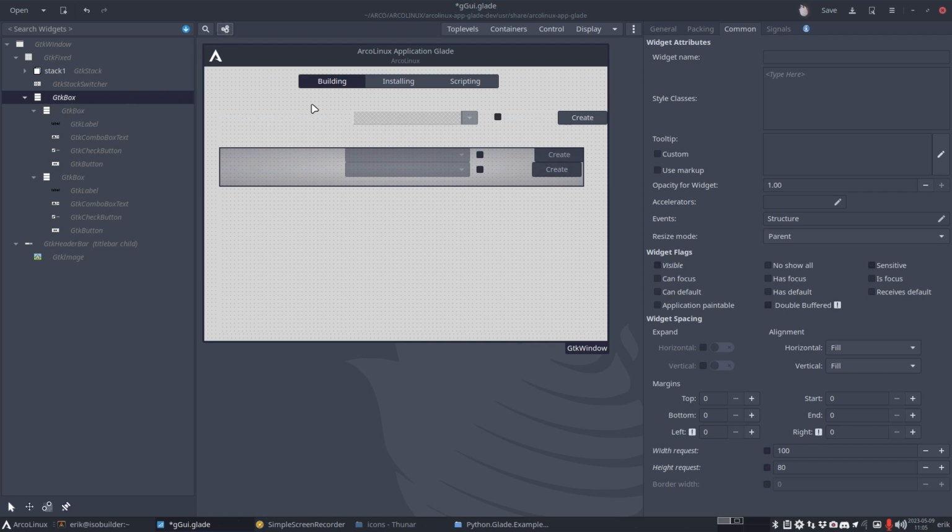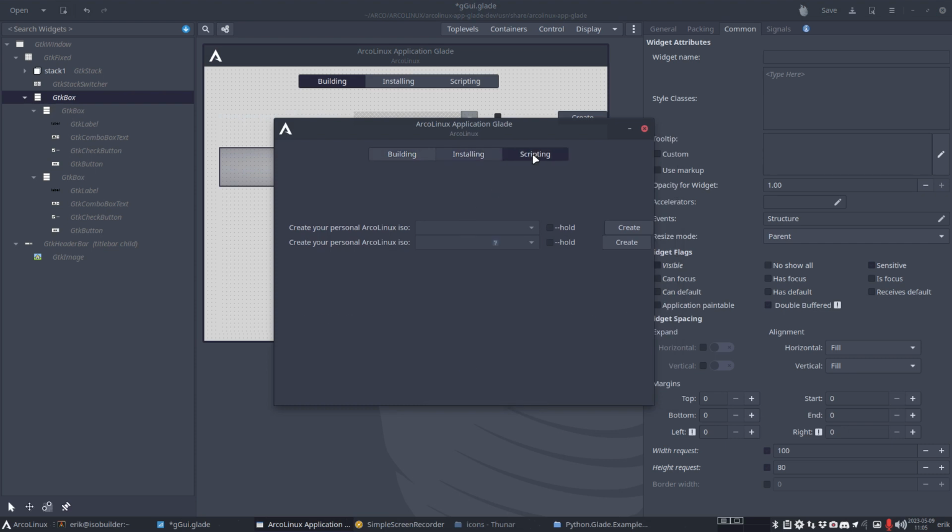But of course, this happens. Why is that? Because we have not linked it to the stack. Strange, right? Okay, so that means